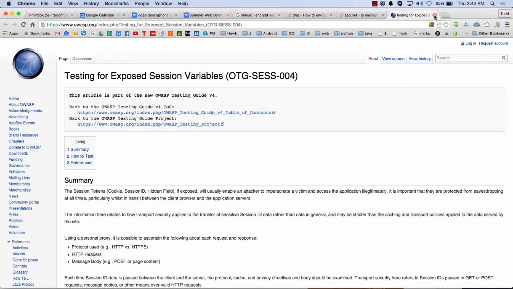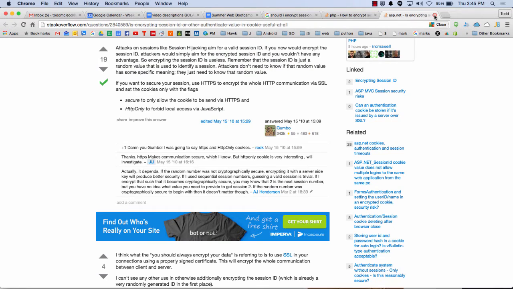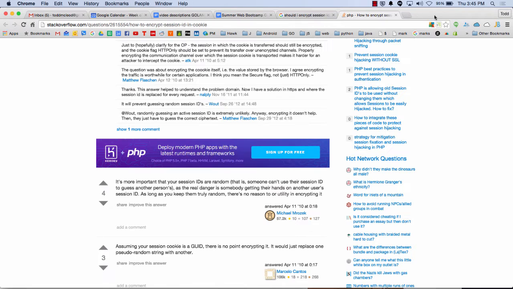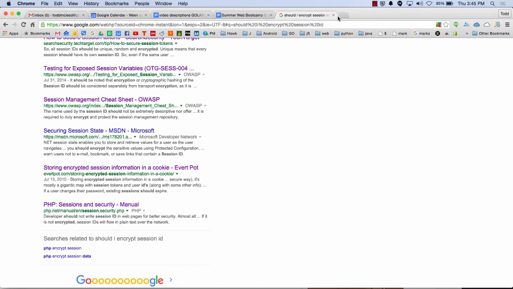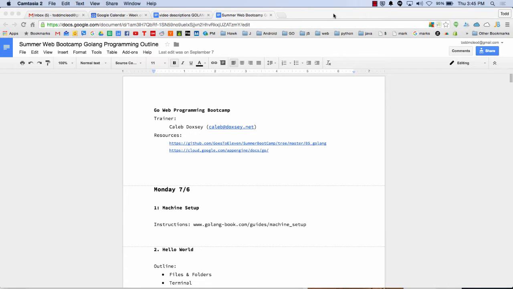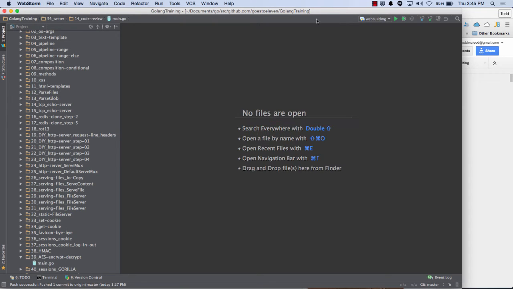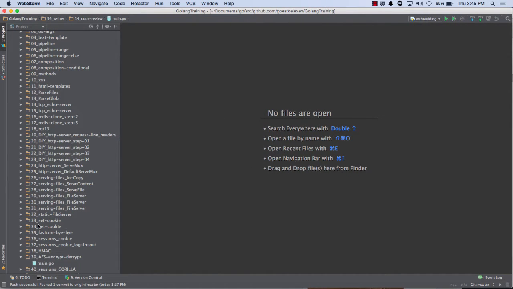Though I did learn some pretty interesting things about security and encryption and that stuff. I was looking at Go, there's an interesting example. I'll bring it up. And I put it in here under AES encryption.